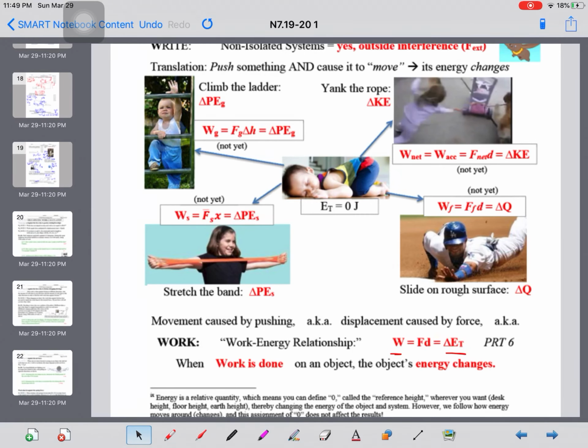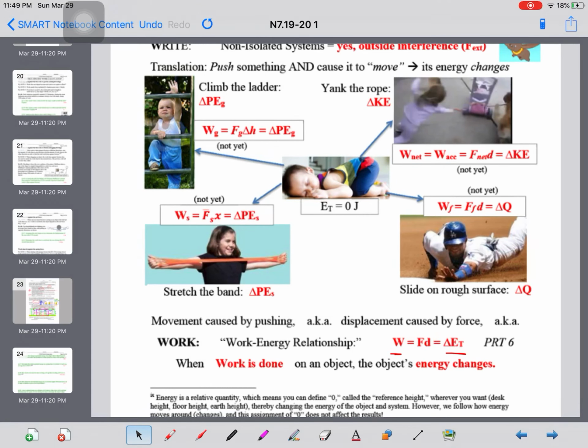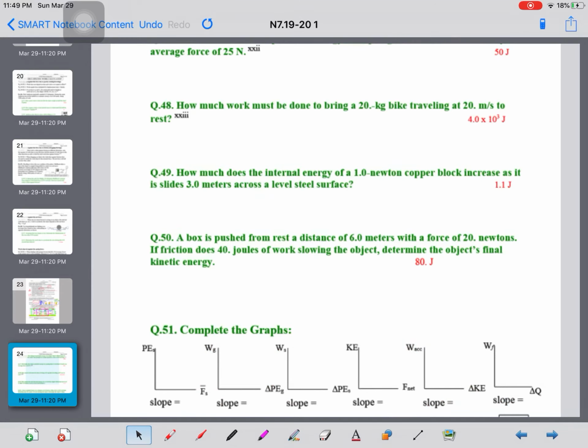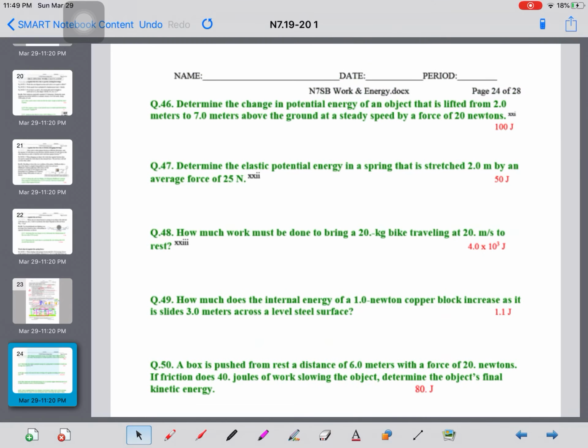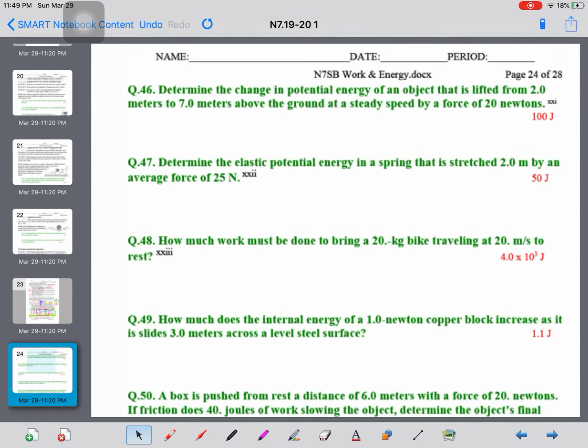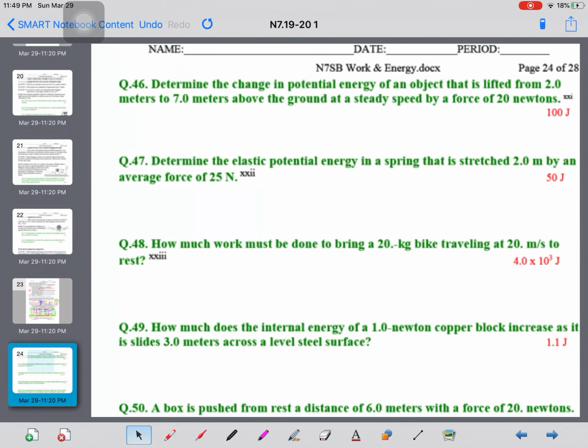Don't worry. Let me show you where I'm going with all this. The actual problem solving, back to page 24, you will see is pretty straightforward. So don't get crazy here. Just let your givens do the talking. Seriously, let your givens do the talking. So if you check this out,